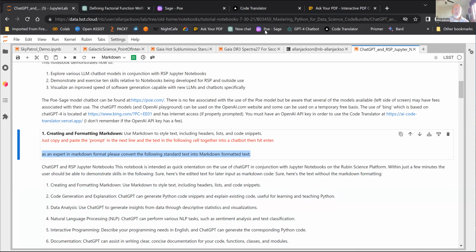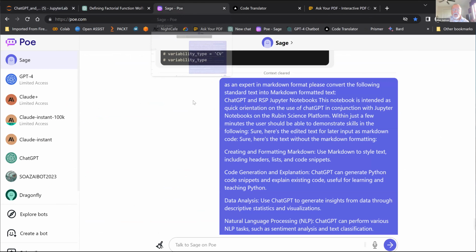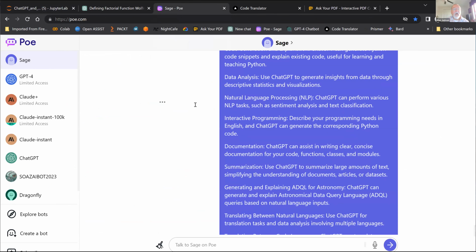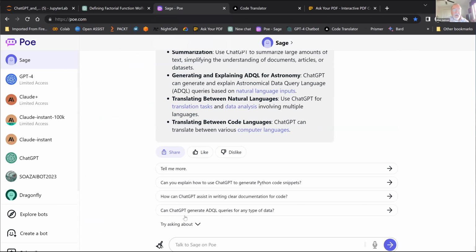You go to a chatbot like Poe and Sage. This is the Poe chatbot. I don't know if anybody's had time to actually get that up on their screen yet, but basically what you do with Poe is you pick one of the models over on the left side.